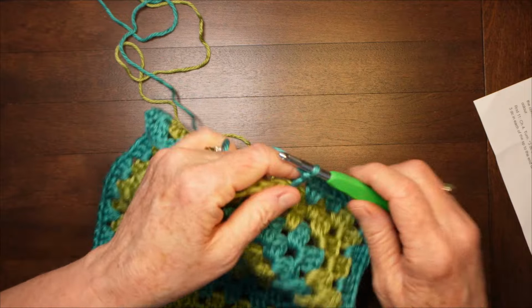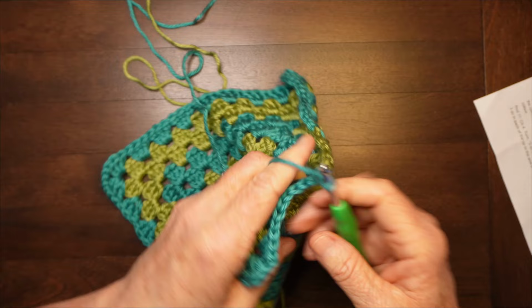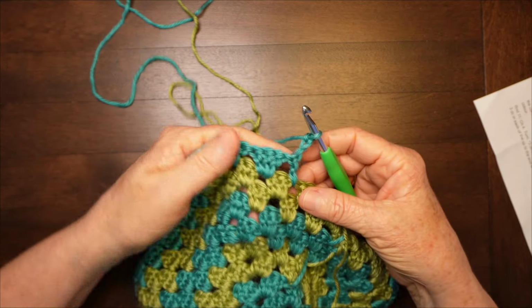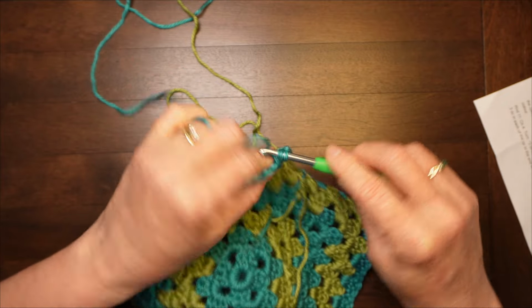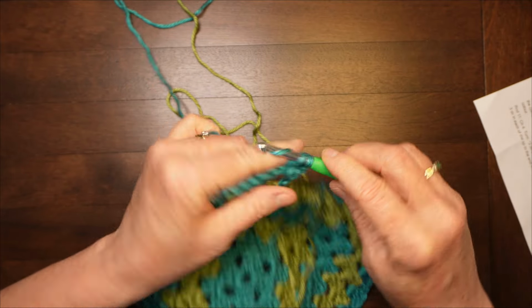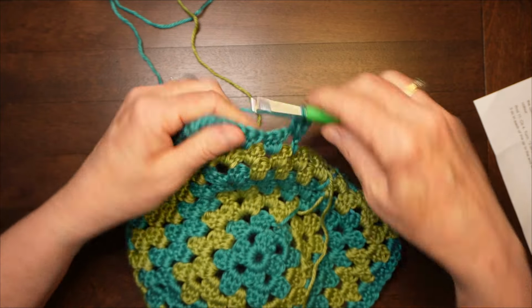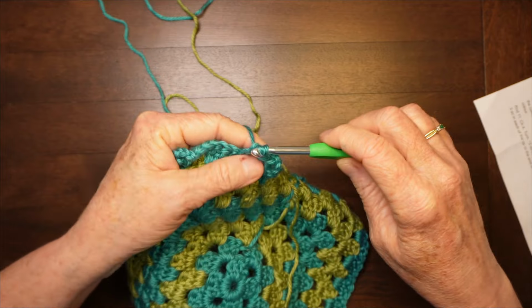For round 10, chain 3 and turn. So now we're going to start working back and forth instead of in the round. In that first space at the base of the chain 3, work 2 double crochets for a cluster of 3. Then go all the way around as before,